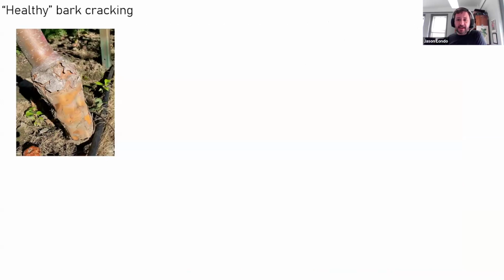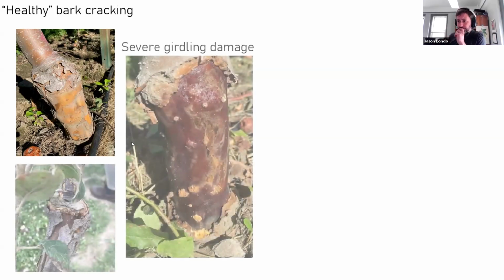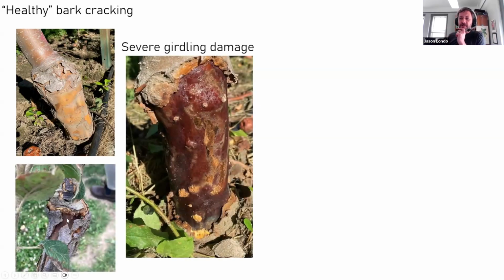I want to contrast that sort of bark flaking and damage to healthy bark cracking. A lot of the Geneva rootstocks have this bark sloughing phenotype where very thin bark layers will peel off, and you'll see this amber colored tissue underneath. If you rap on that with your hand or with a knife, you'll see this very solid, very secure tissue. It's perfectly healthy. What I'm really talking about is when you get these deep fissures and dark wood underneath,